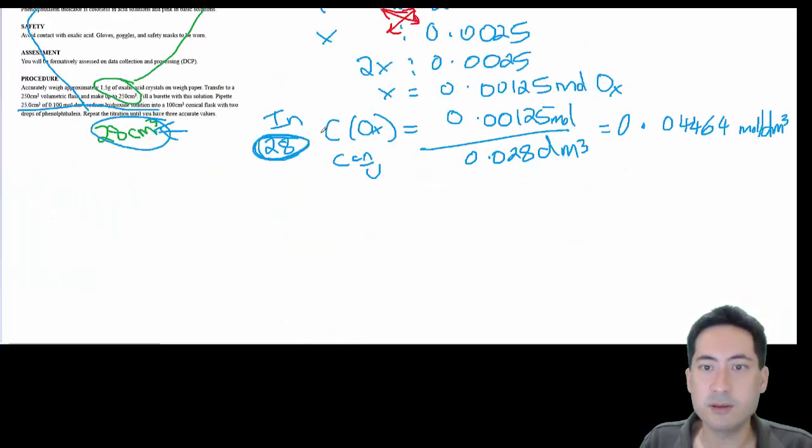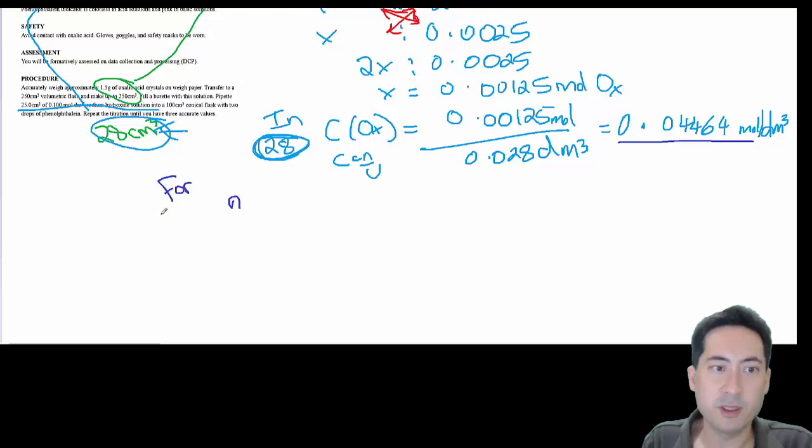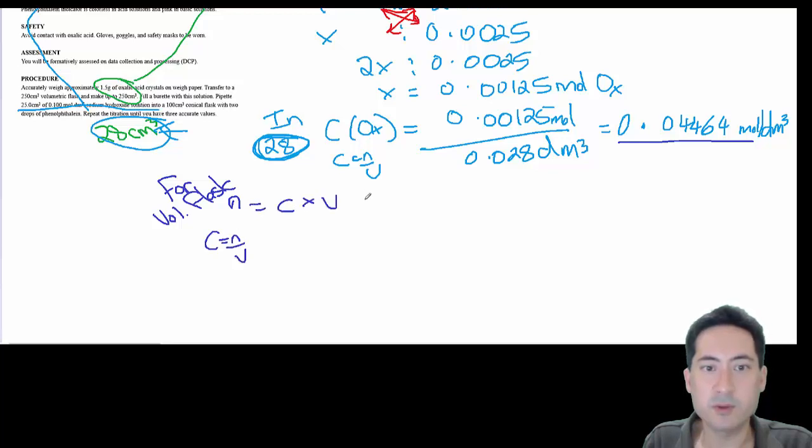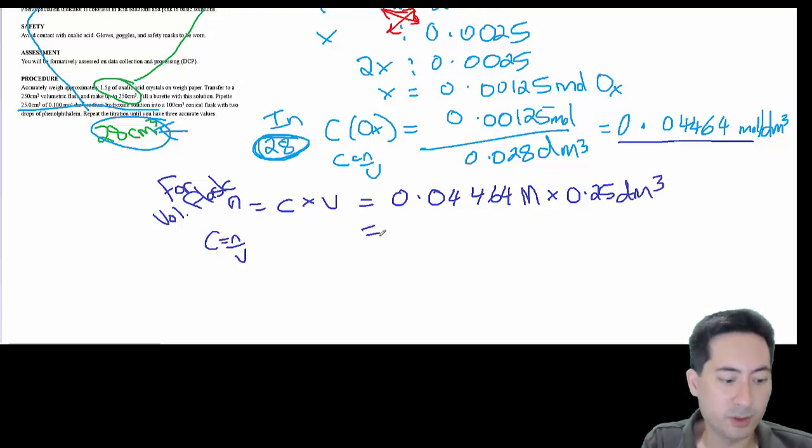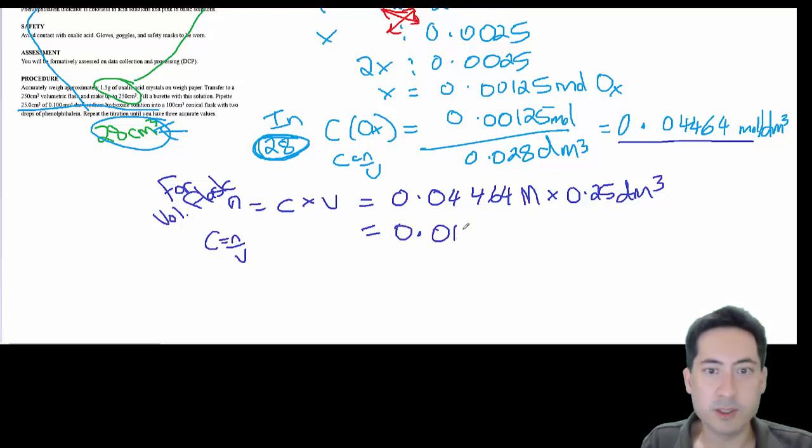Okay, so for the volumetric flask, concentration is number of moles on volume, so number of moles is concentration times volume, and so that's 0.04464 molar times 0.25 decimeters cubed. And so I'm just literally going to divide that by 4 because it's by 2.5. So that's 0.1116